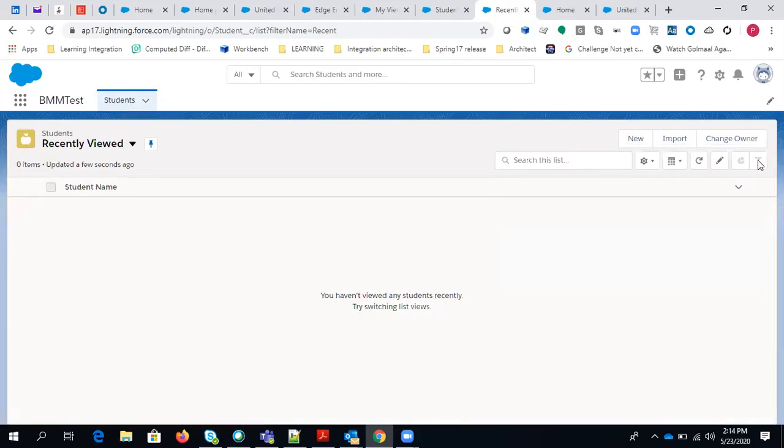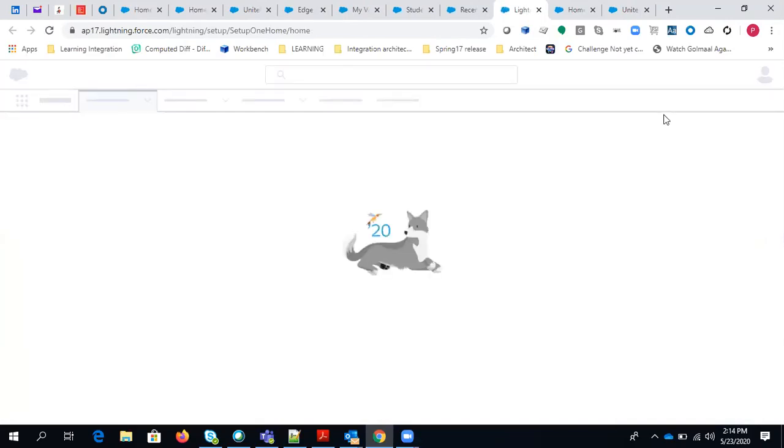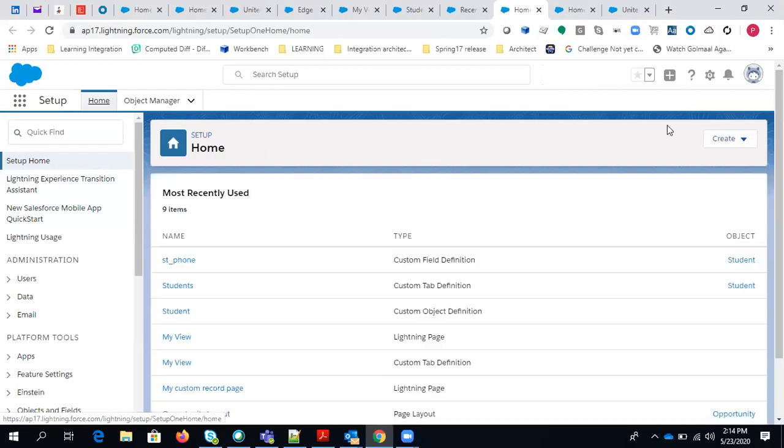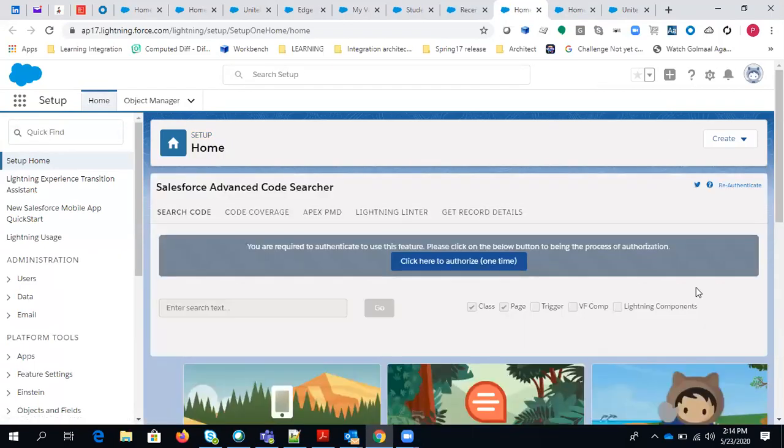Let me also create a field in a standard object, so both concepts will be clear. For standard, again, you just need to go to setup, and here in the quick find box you can simply type object manager.